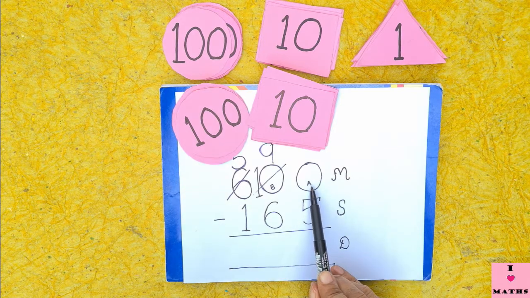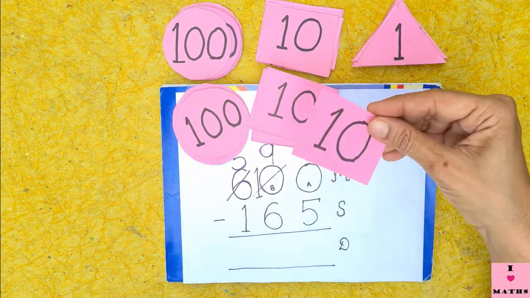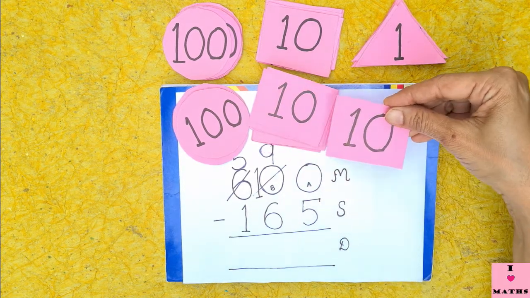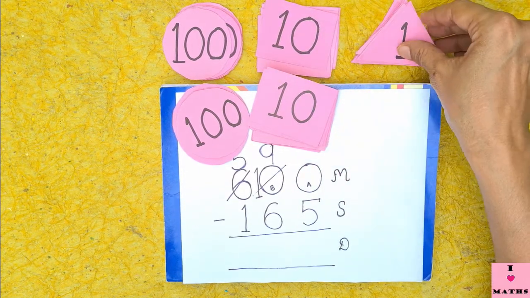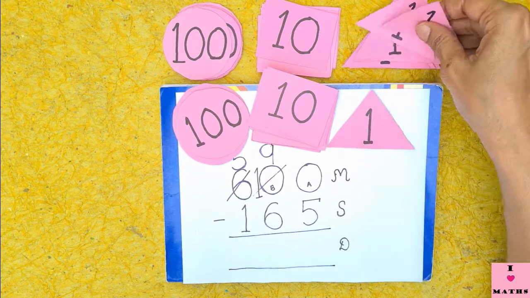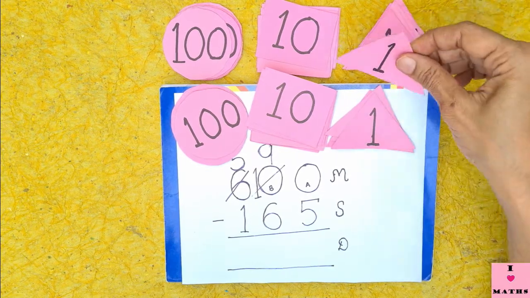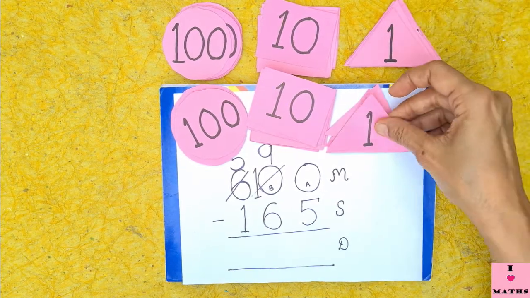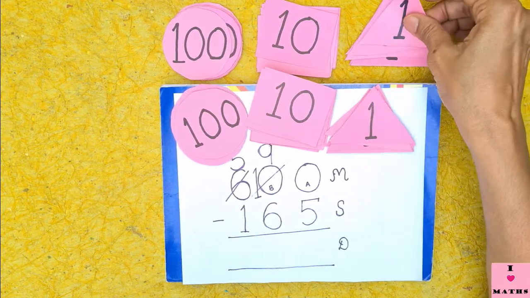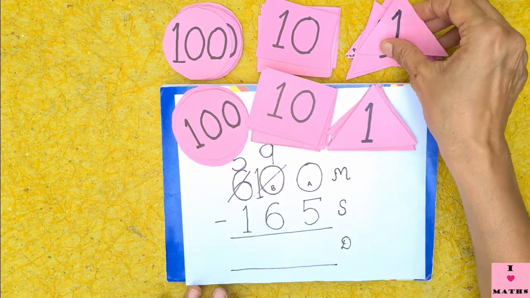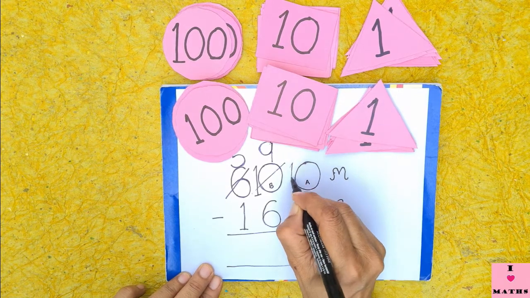Now the A0 has borrowed from this 0 at the tens place. So we can't keep this 10 here at the ones place. So in place of this 10, we will keep 10 ones. Okay, 1, 2, 3, 4, 5, 6, 7, 8, 9 and 10. Now children, this becomes 10